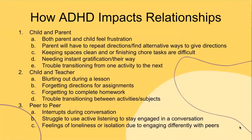Okay, with what we know about the components of ADHD that we've discussed and gone over, how it affects children at school, and the impact that it has on emotions, we're also going to explore how it can impact relationships. Taking a look at the characteristics between the child and the parent, noting these components that can be present in that relationship, we can consider how that affects both the child and the parent emotionally and can influence the